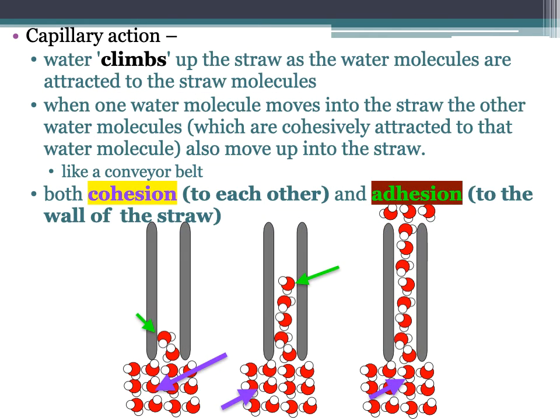Capillary action is when water climbs up a straw, and that's because water will stick to the inside of the straw, and then as it moves up, it can overcome gravity and pull cohesive water molecules with it. So cohesion, they'll stick to each other, and adhesion, they stick to the wall of said straw. That's capillary action. It's also the reason why paper towels soak up water. Because of cohesion, the water molecules stick to each other, and adhesion, they stick to the fibers in the paper